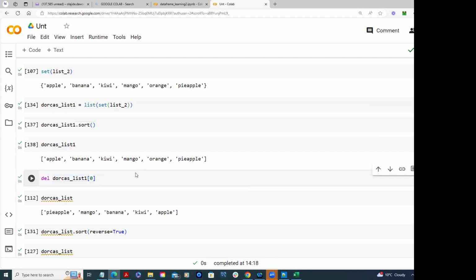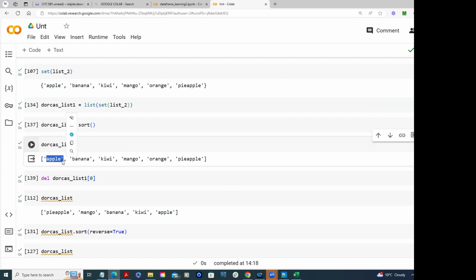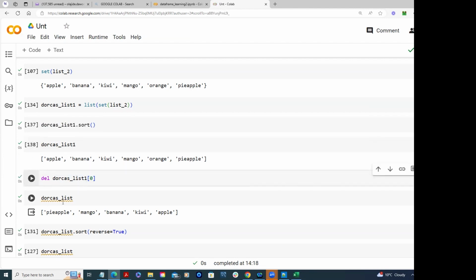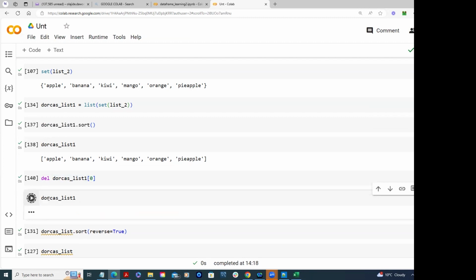When it comes to data, if you discover that it's deleting wrong stuff, just make it ascending so you can grab whoever you want. Am I making sense? If we go back to Dockers list 1 now, it's deleting the right one, is it? Yes, Apple is gone. So I will change this to list 1,